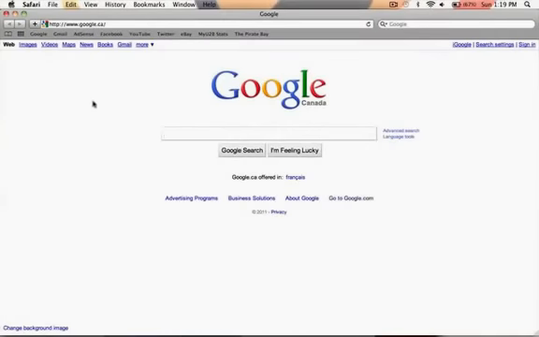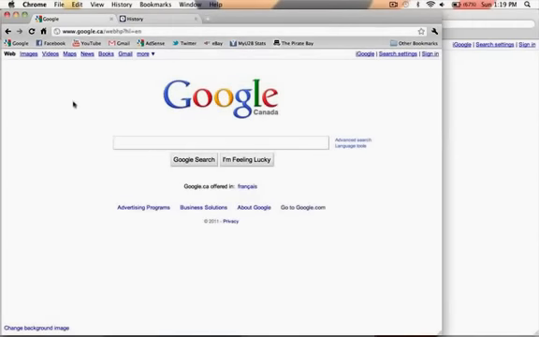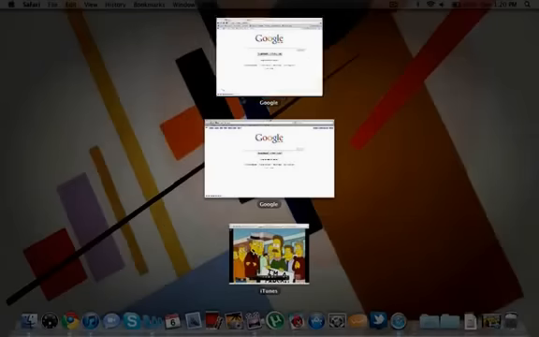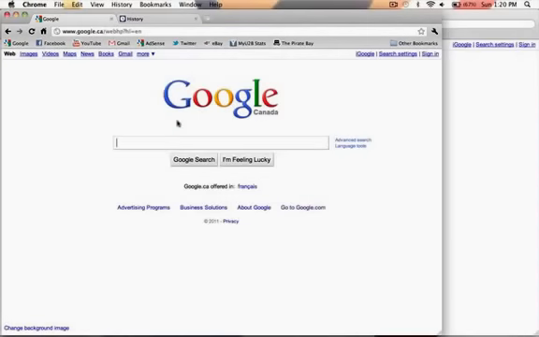So here's Safari. Here's Google Chrome. The layout is actually pretty similar, but I'm going to mostly focus on Google Chrome, obviously, as that's what I'm reviewing. So how Google search is done, instead of in Safari and most other web browsers, at the top right you have this Google search bar. You can also change it from different search sites. You can also do the same in Google Chrome, which is kind of surprising in a way,